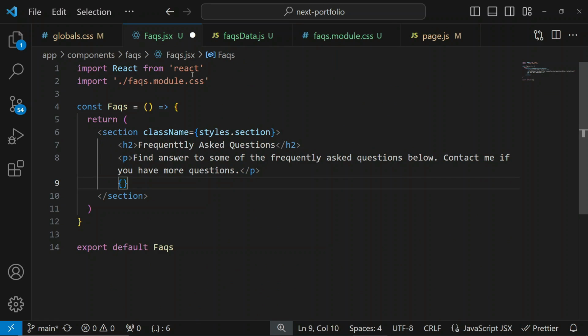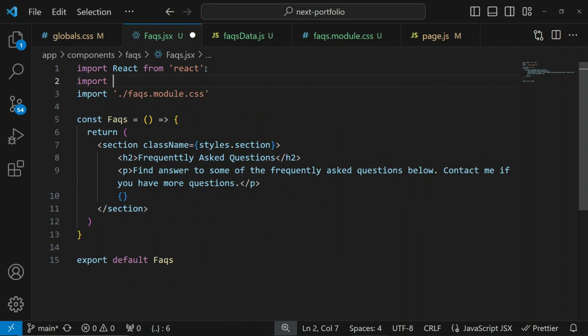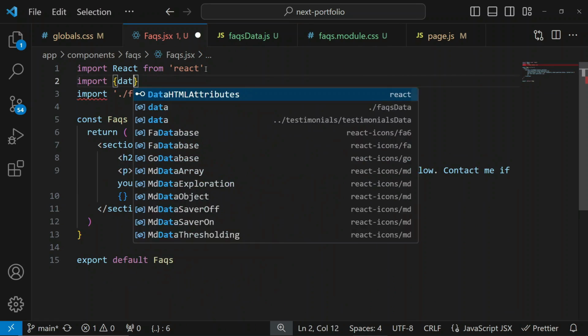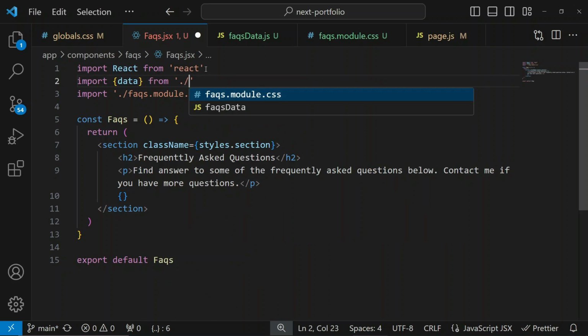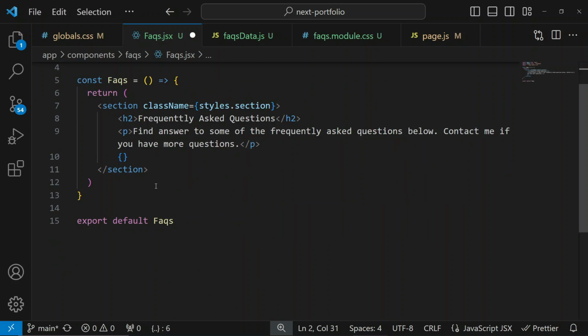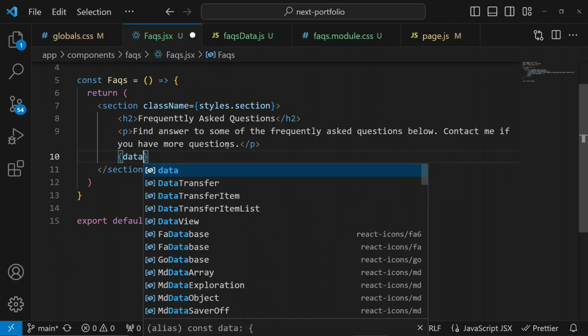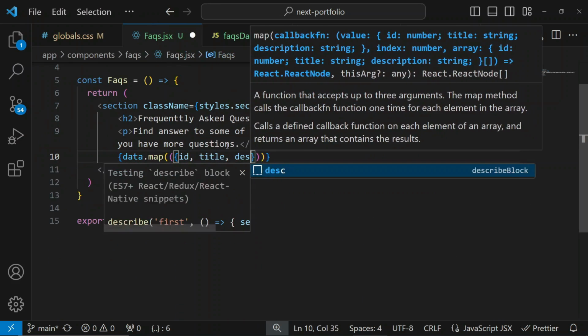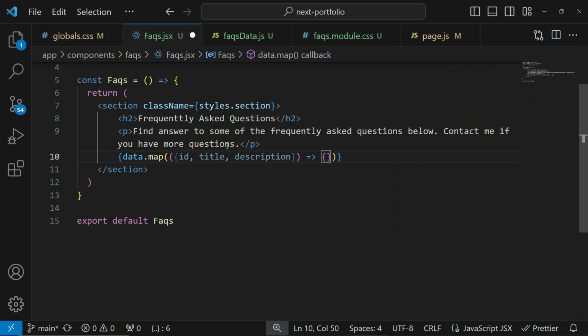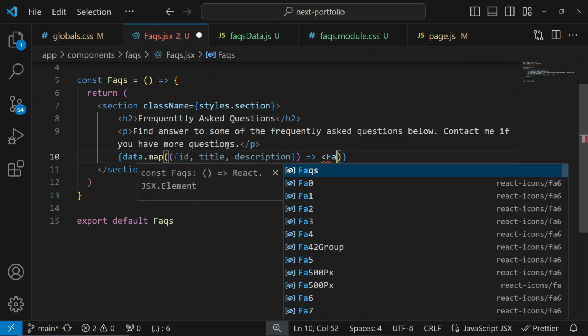Let's bring that in and then map through it. So let's import data from it. All right, so data.map. Let's get the ID, the title, and the description, and we are going to return a FAQ